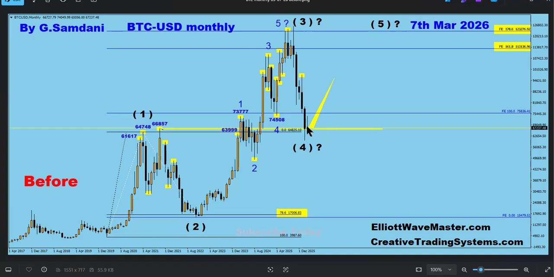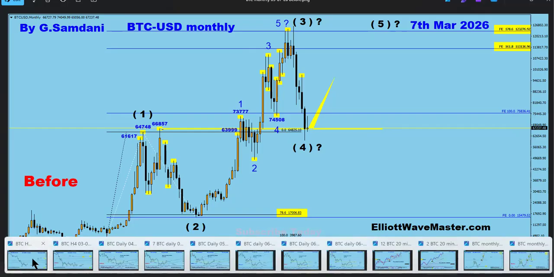If, from wave 4 going to wave 5, it might just range a little bit here and then go to the upside. And to see the ranging, you must watch the smaller time frame. The bigger time frame, after a whole month, you have only one candle. What the heck? You can't see anything of what happened in the whole month, right? So I started watching this on the 4-hour chart like this.